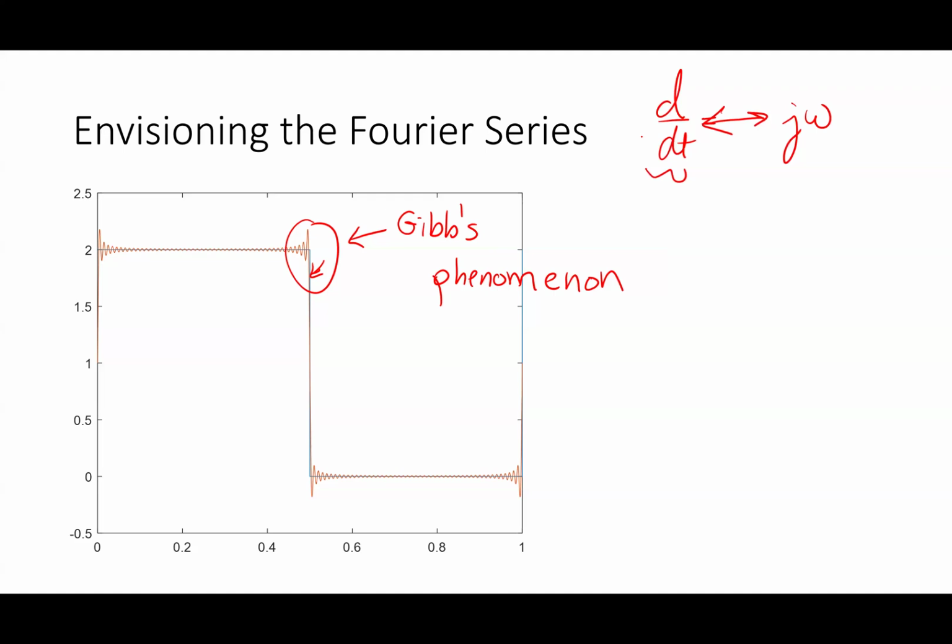Because we kind of have to in this class. In circuits 2, you use the fact that every time I have a derivative, you just replace it with j omega when I'm talking about steady state, right? And so what's useful about this is if you had to solve for a circuit that had a square wave going into it,